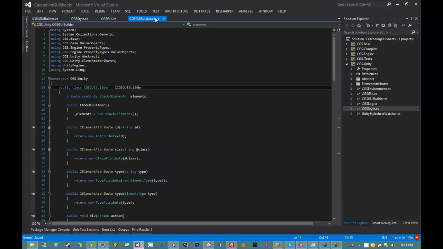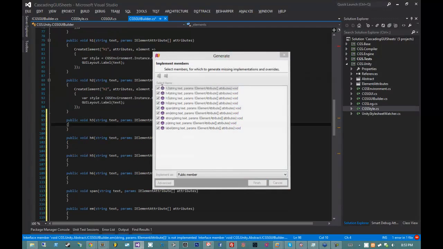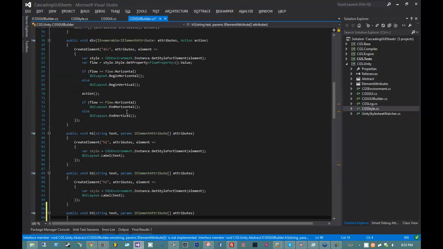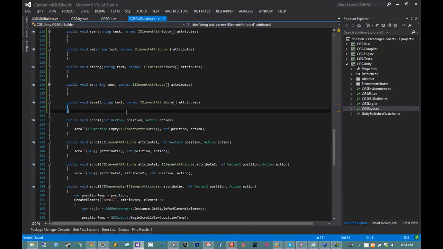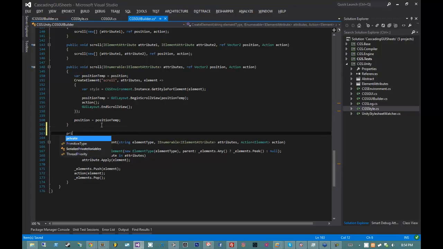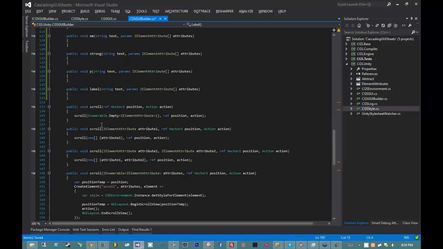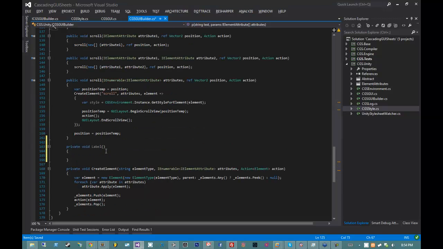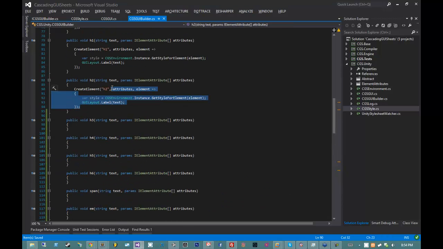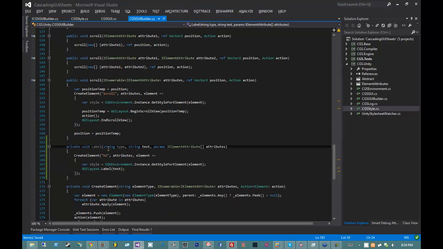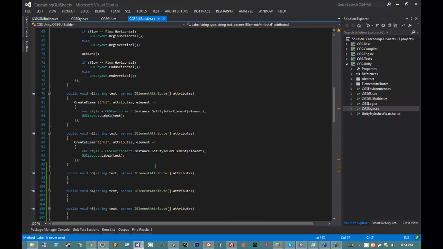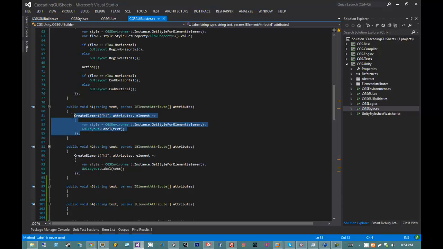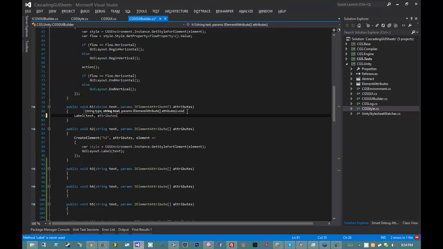Okay, so let's go ahead and implement those in our CGS builder. Basically, these can all be implemented in terms of a single method that I'm going to write down at the bottom. I'm going to say private void label. Private void label will basically take in the exact same signature, but it'll also take in a string type. And all label is going to do is basically what our existing ones do already, except I'm going to overload the type. And now we can write all of these different things in terms of that by doing label, text attributes,